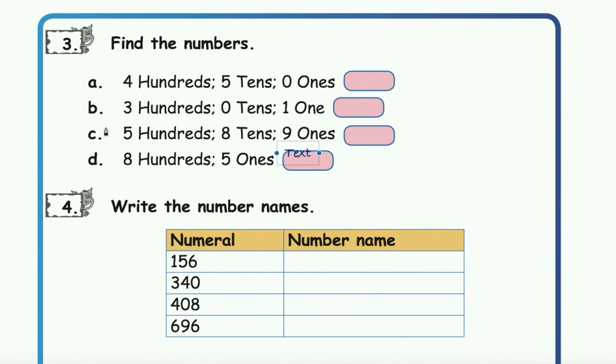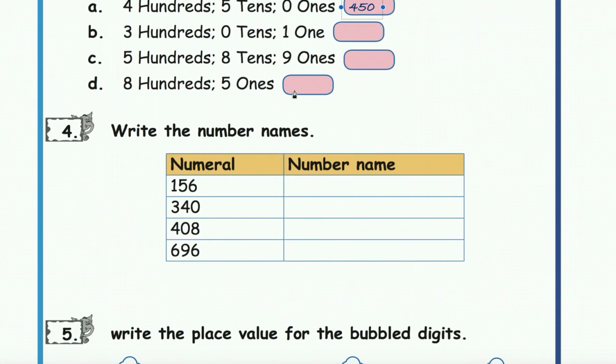Only for the A part I will do. 450. The remaining you have to do. Anyway, this is 301, this is 589, this is 805, not 85, 805. Okay, I am doing it for the D part also, since you may write 85, and tell my reference. That's why I am doing it for you.